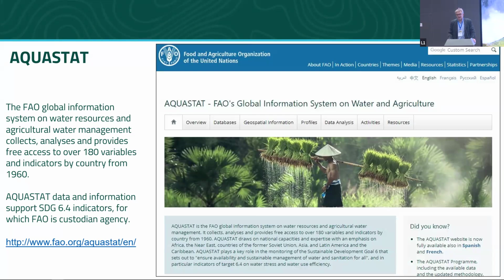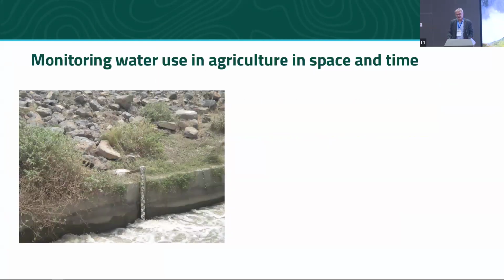Aquastat started as a statistical system with basically a whole set of variables, but with one value per variable per country. And of course, that's good for reporting and for comparing one country with another, but it is not useful for farmers. So if we monitor water use in agriculture, in space and time, that is extremely difficult. It's more difficult than monitoring